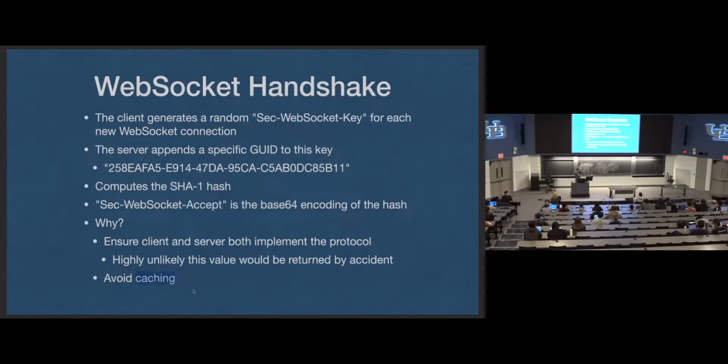And it also avoids caching. The WebSocket key is going to be random and different every single time you open a connection. This is to avoid caching. Sometimes you'll have load balancers or reverse proxies in between the client and your server. You'll have a lot of layers in between that might have very aggressive caching. If you get two requests that look identical and they're GET requests, the load balancers, reverse proxies, CDNs, all this stuff in the middle might cache that and be like, oh, I just saw this request.